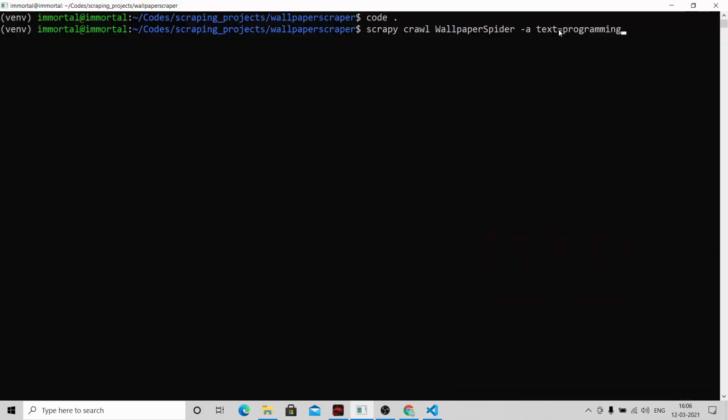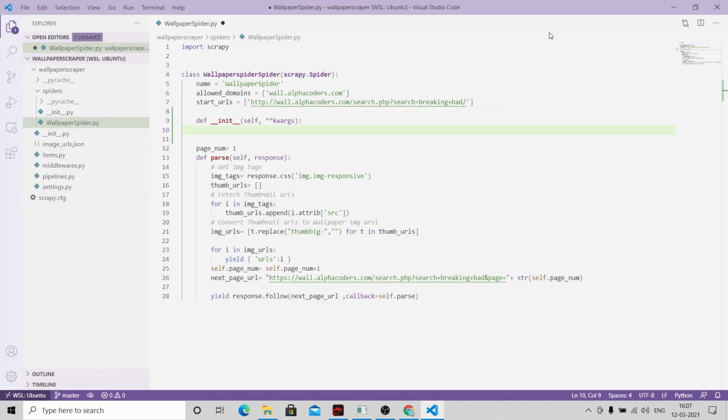So the value of user input will be present in text variable, and we can make use of this text variable using self. This text variable is now member of the class, so we can make use of it using self.text. This will contain the user input. We want to create our start URL based on the user input. So let's do that.